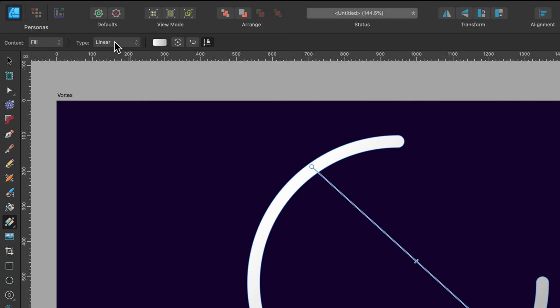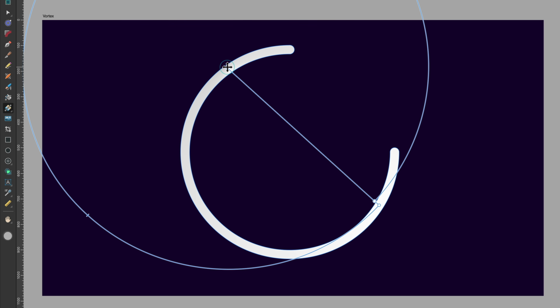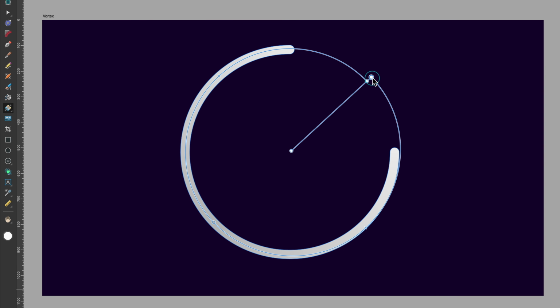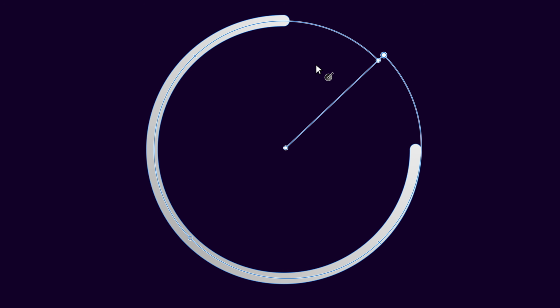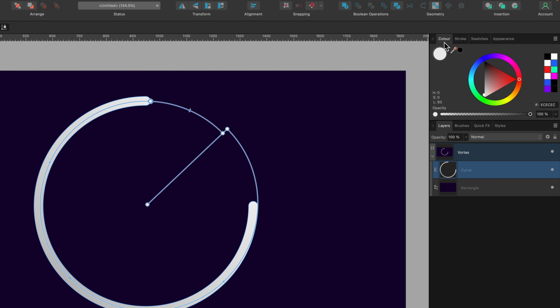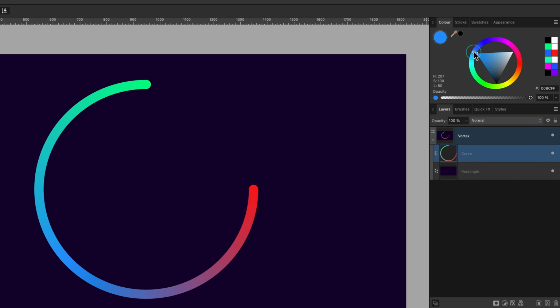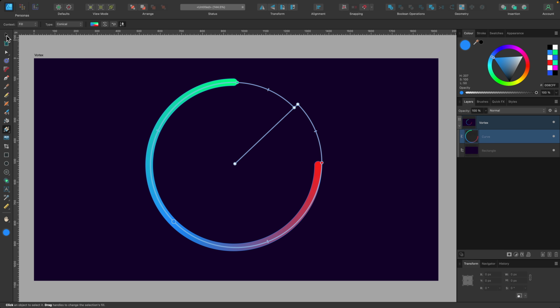And we're going to go up to the context toolbar again and select conical. So I've selected conical. Now I'm going to try and place that in the middle of the circle. And then on these outside little nodes you see here, I'm going to drag this up to around about here. And from this point, we're going to add more color nodes. So up here, I want to click once and choose a color for that. Over in the color tab, I will make this some kind of green color. I'm going to add another color node here, and I'll make this red. And this last node down here, I'm going to make kind of blue like that. Okay, so we have our shape. I'm going to click on the move tool.